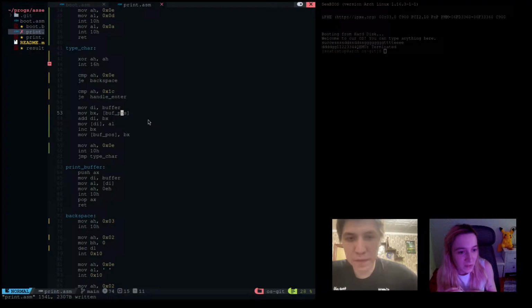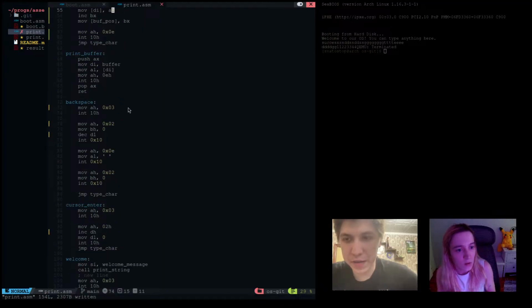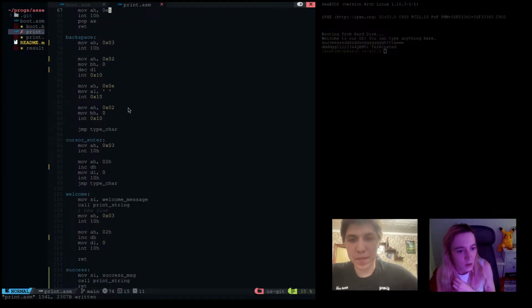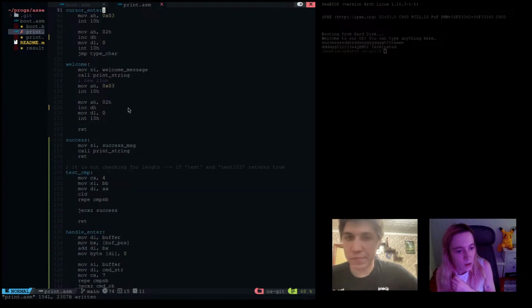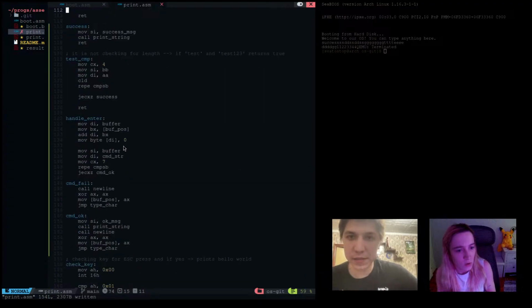And now when we do print buffer, it just writes the command and then you press enter. It should show okay. So handle enter. When you do enter, you also write the